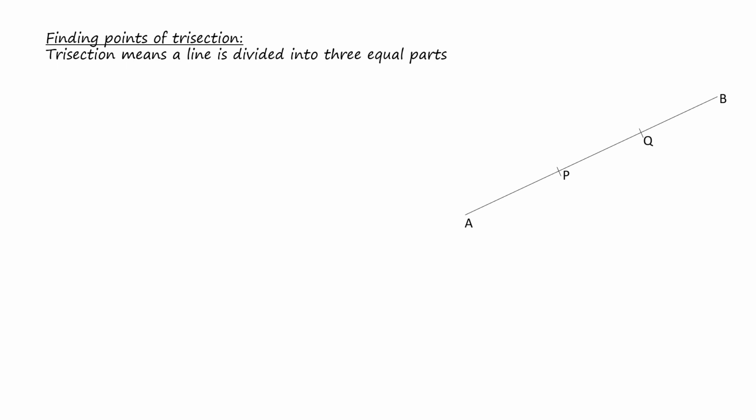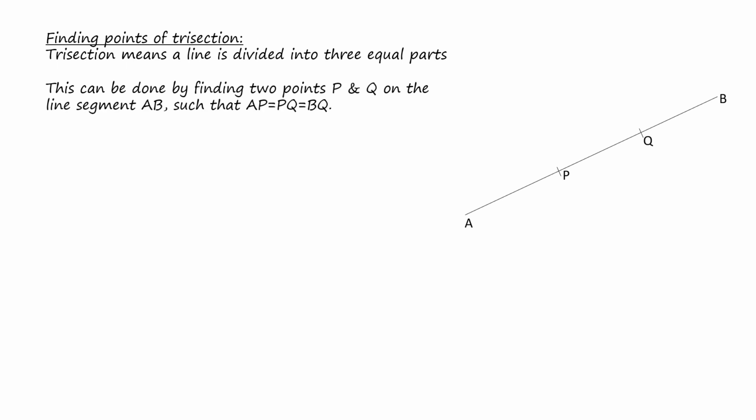Next is finding points of trisection. Before you go for finding trisection, let us understand what trisection is. Trisection means a line is divided into 3 equal parts. As is clear in the picture, AB is the straight line and P and Q divide AB in 3 equal parts, that is AP, PQ and QB. This can be done by finding the points P and Q on the line segment AB so that AP equals PQ